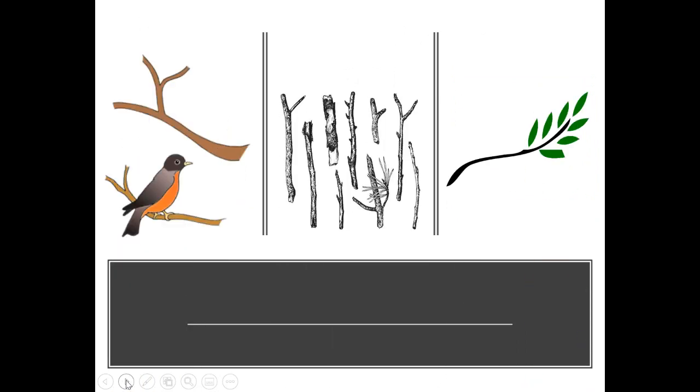Next group of pictures, what do you notice or see? I notice or I see. Well, in the first picture, I notice a bird is sitting on a branch. In the second picture, I see some sticks. In the third picture, I see another branch. So how are these pictures the same or similar? They all? Well, they all show branches,